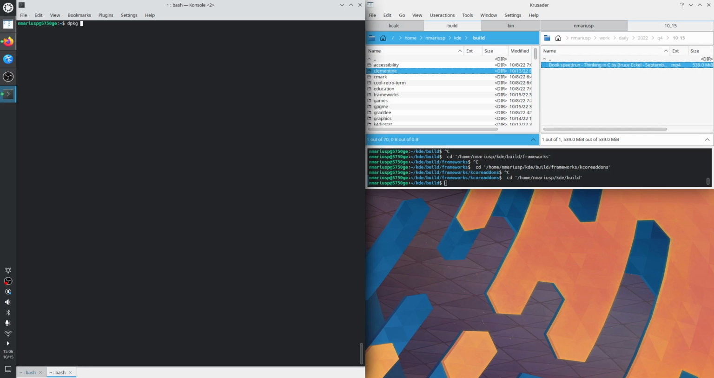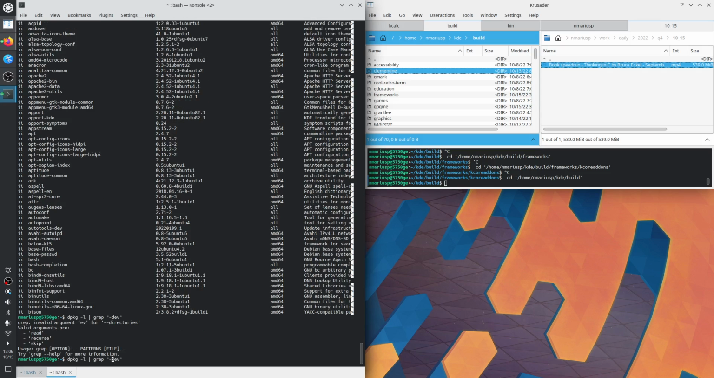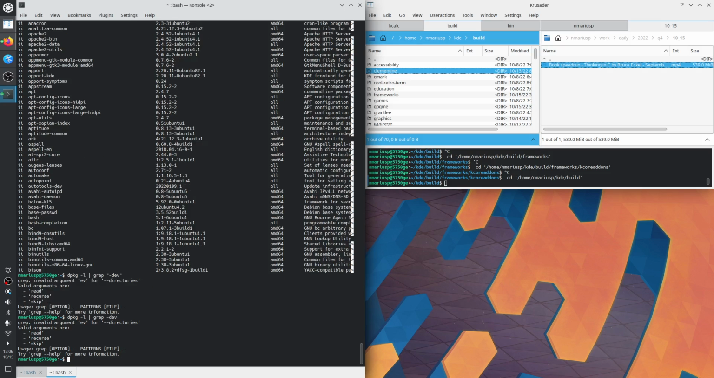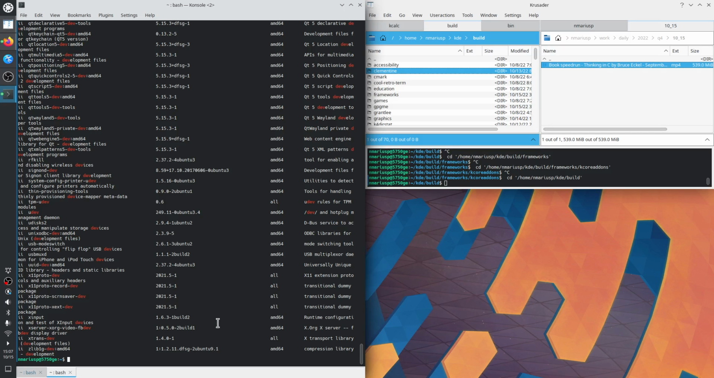The package -l to list. Okay, and I say grep -dev. I don't know how to grep. Okay, so it's